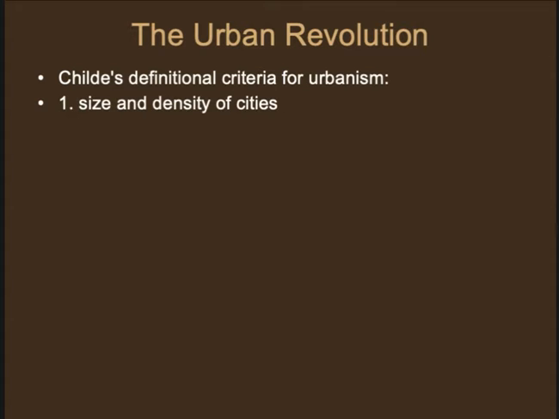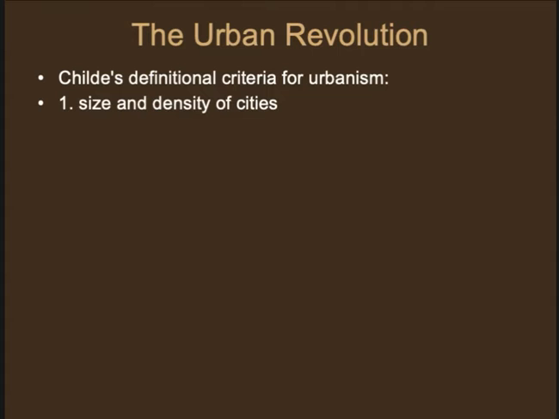All right, let's see what V. Gordon Childe described as characteristics of ancient civilizations. One important characteristic was size and density. So, not just a large sprawling village, but there usually is some sort of population density. Now, again, an exception to this rule is some of the ancient societies they're finding now in the Amazon, where